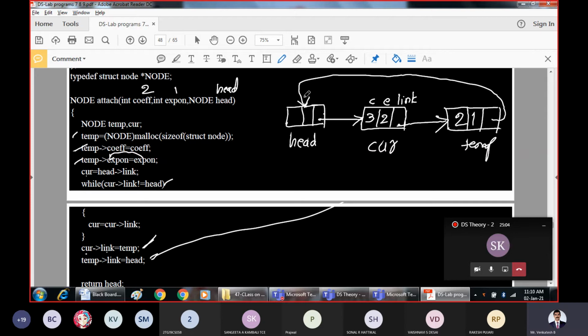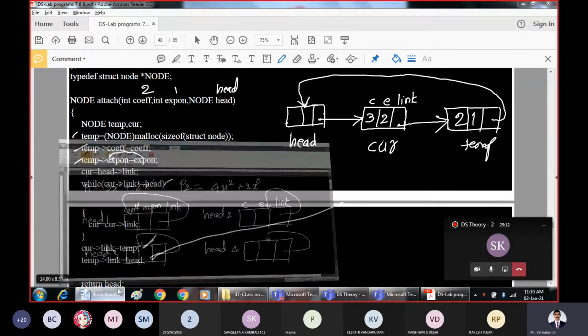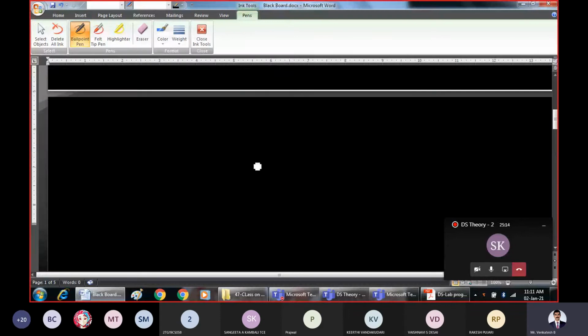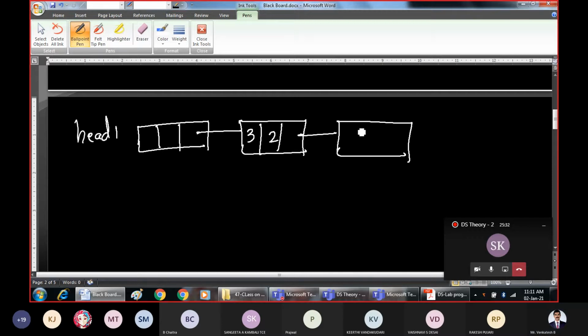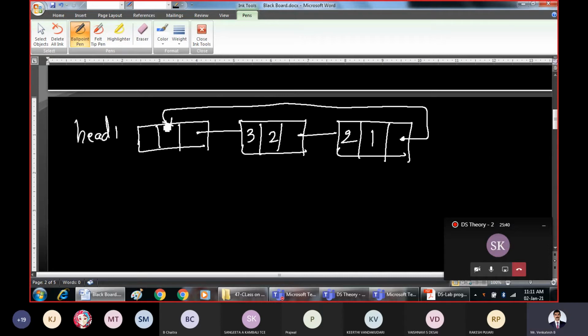Now this is the first polynomial which we have successfully read. So what is the first polynomial? 3x square plus 2x raised to 1. I'll write it here in this way for better understanding. Head 1 is nothing but the first polynomial, 3x square plus 2x raised to 1.